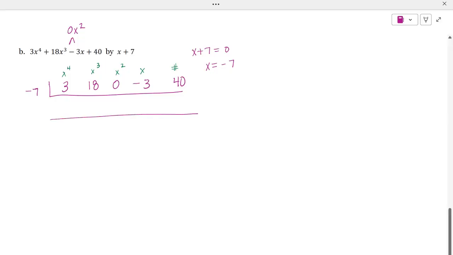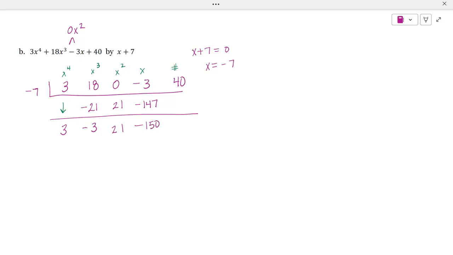So we bring the first number down, and then we multiply these two together. Negative 21 goes here, and then we add down. Negative 21 plus 18 would give me a negative 3. Then we multiply again, and that'll give me a plus 21. I add down, multiply negative 7 by 21. Let's see. 7 times 21. Negative 147. I add,